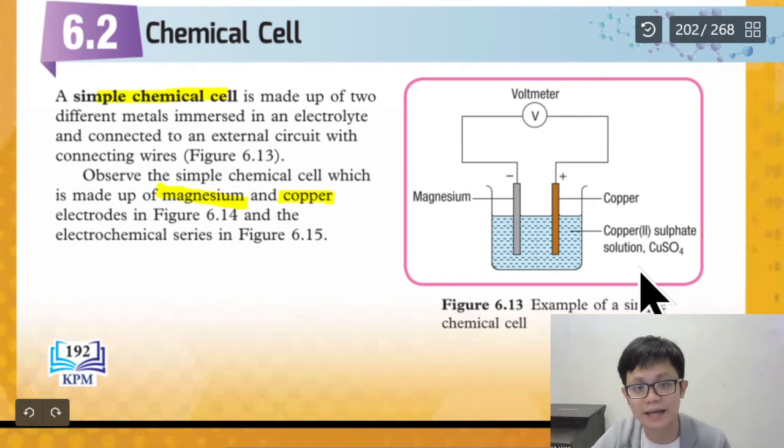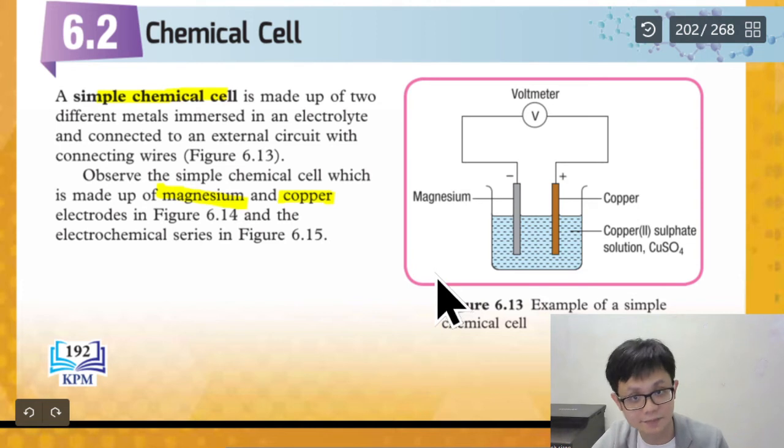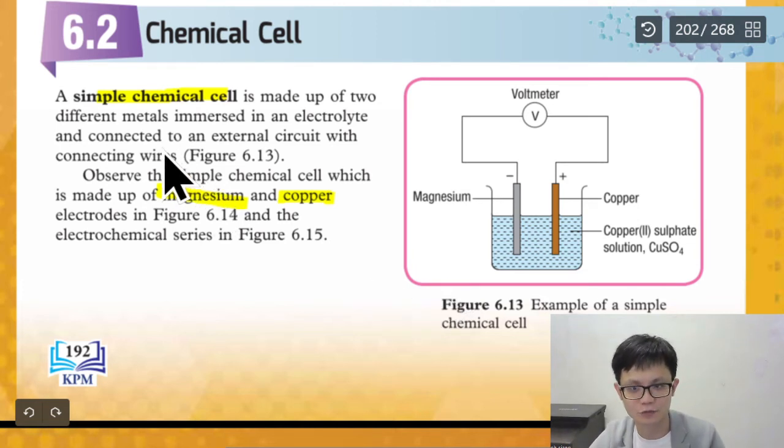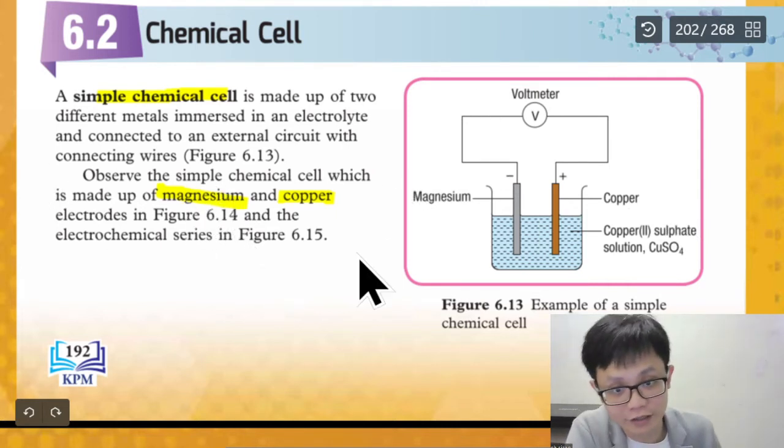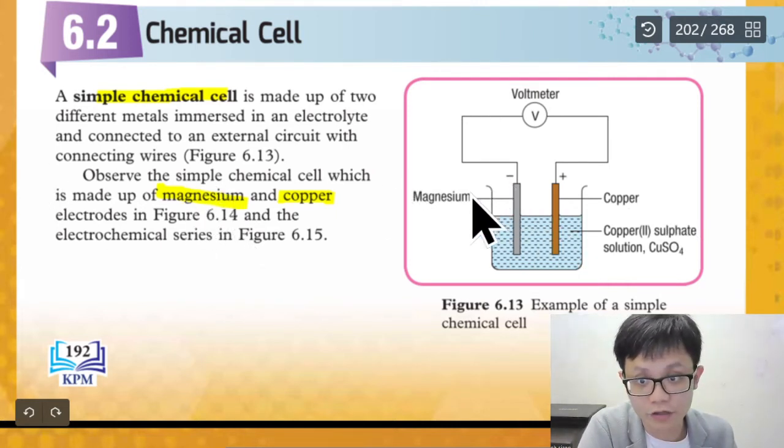I think you can buy it. And you can do this experiment in your house during COVID-19. Up to you. So basically, this person there wants to try to make a battery. So what he does is,